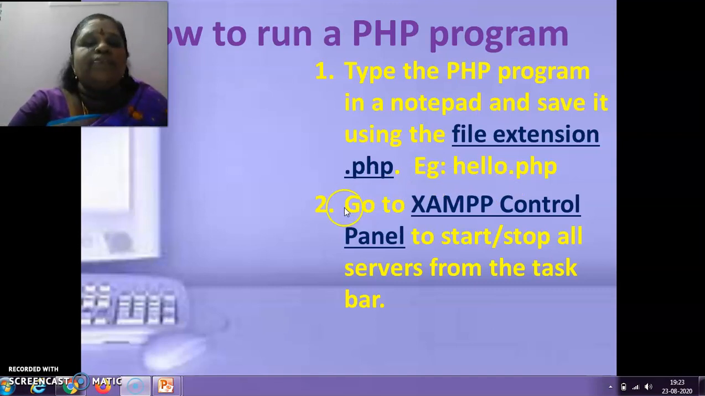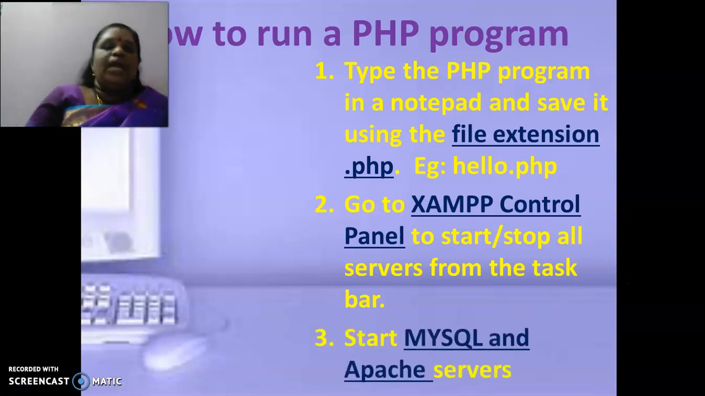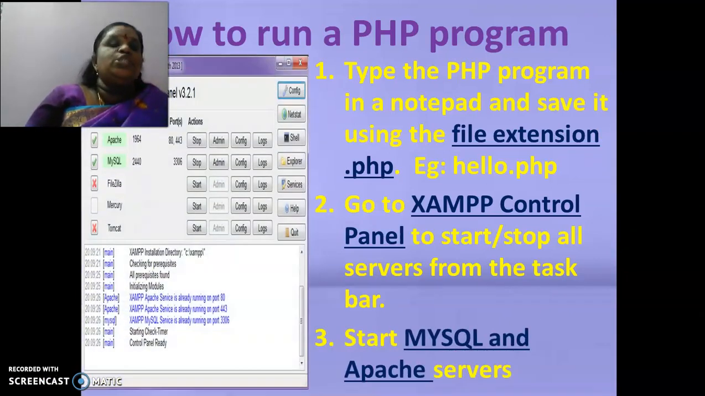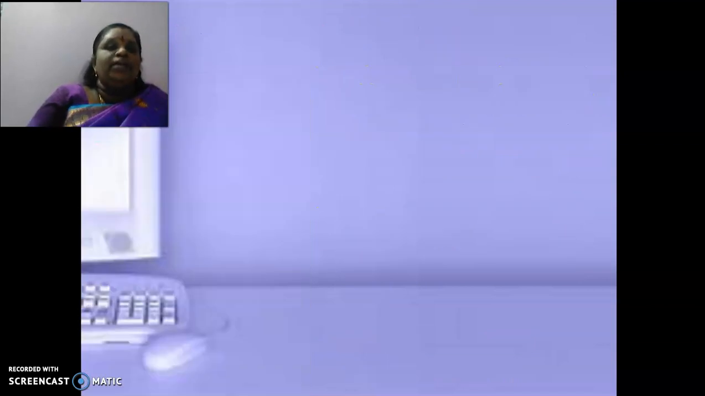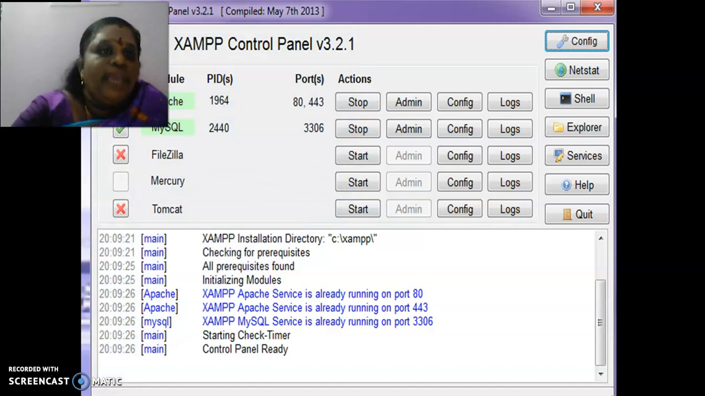The next one, second point, go to the XAMPP control panel, which you can find to stop all the servers from the taskbar. The control panel will be like this. Start MySQL and Apache server. This is your control panel. I'll show you clearly here. This is your control panel where,